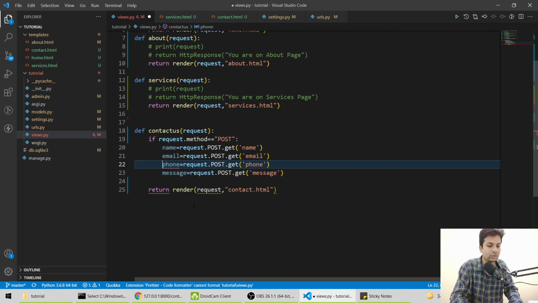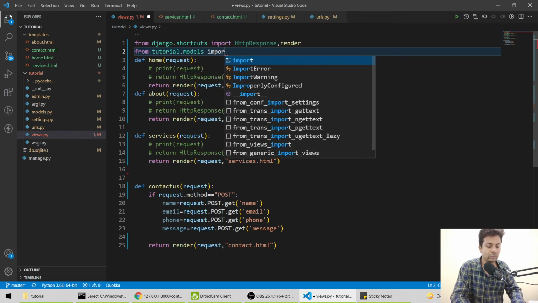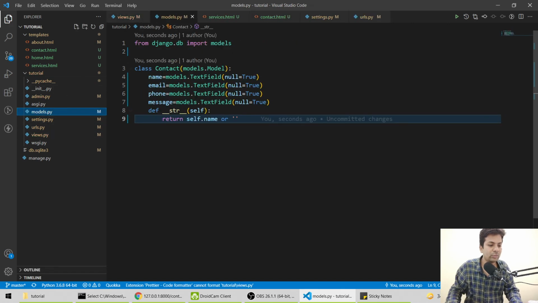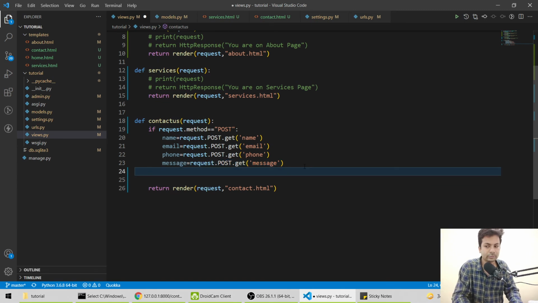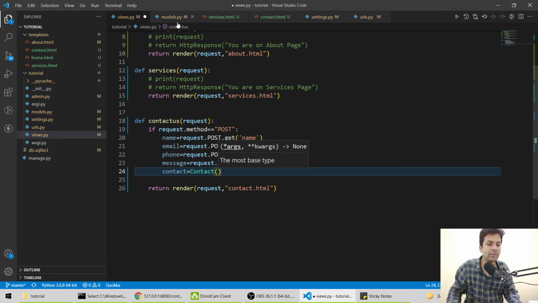Okay, everything's fine. Now we want to save this, so for that we have to import from tutorial dot models import contact. From this tutorial models page, import this contact. Then I'll say contact, just a normal variable I'm taking, equals contact. How many fields do we have?